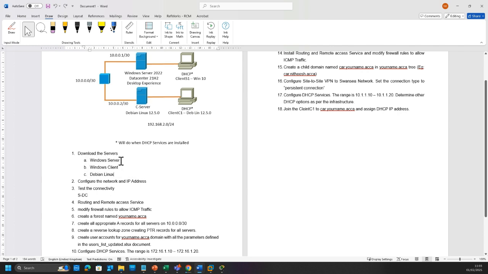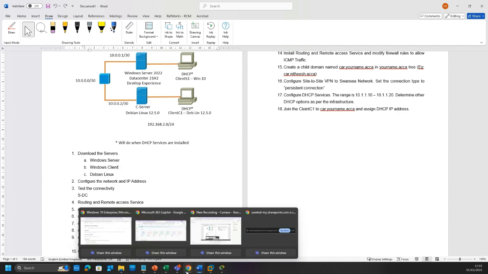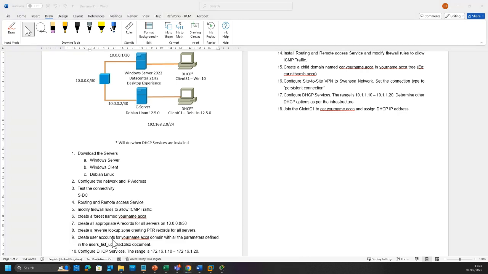For this, I would prefer to use a Microsoft evaluation copy. That would be valid for 180 days, which is really okay for you to complete your work. So let's go for a Windows Microsoft evaluation copy. So you just go to